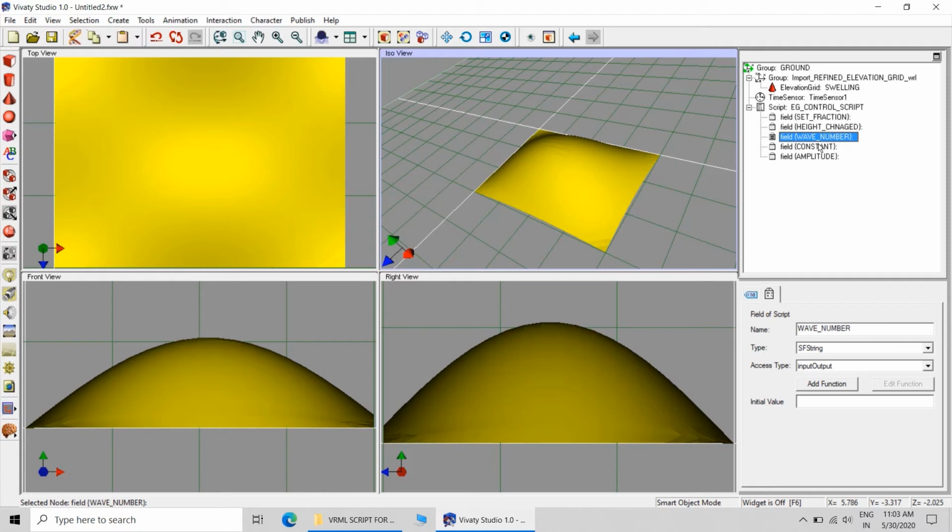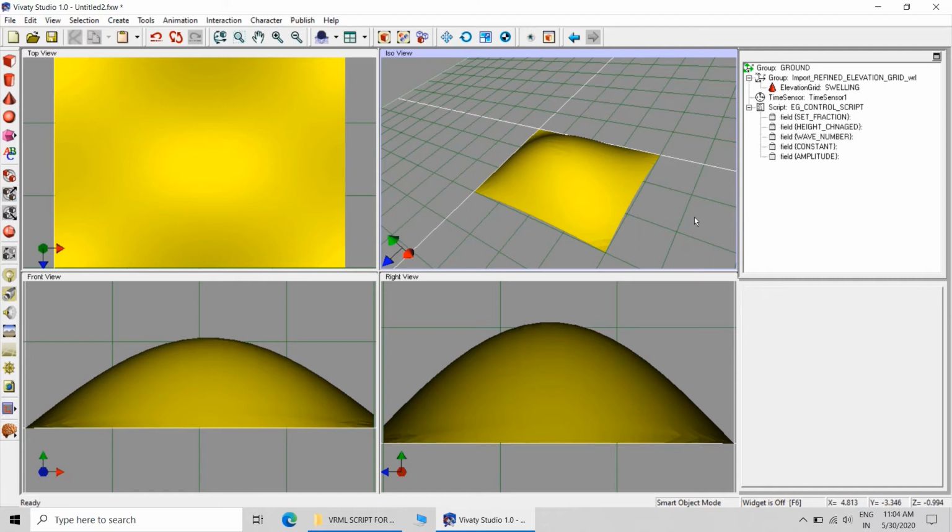For wave number, initialize only in the access type, and give the initial value as 3.